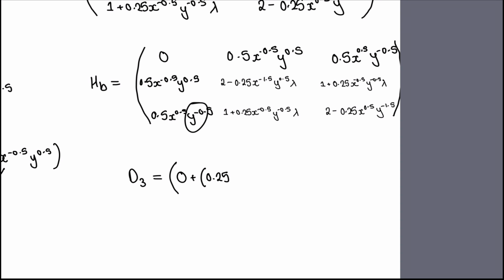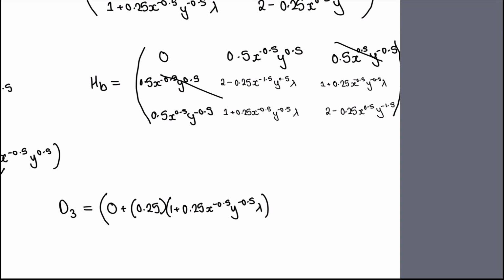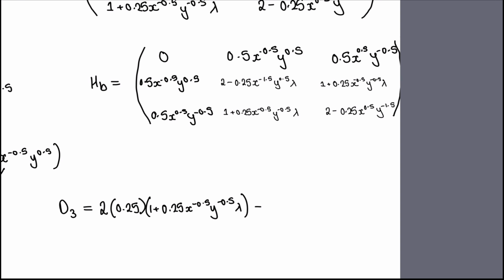So we just get 0.5 times 1 plus 0.25 x to the power of minus 0.5 y to the power of minus 0.5 lambda. And then over here, we get the exact same thing. So these two times together will just give us 0.25, and this is the exact same as that. So there are 2 lots of these, and we're going to minus that with these times together, which is just